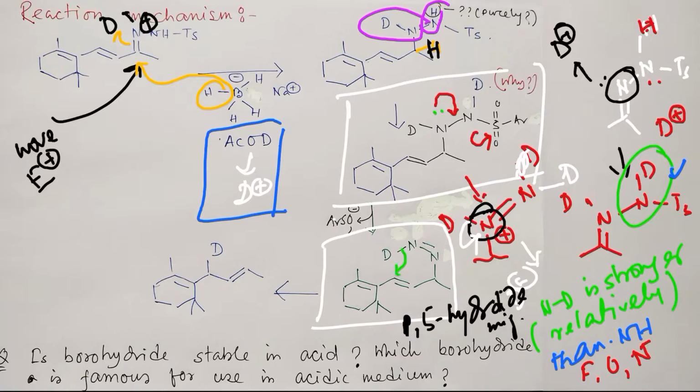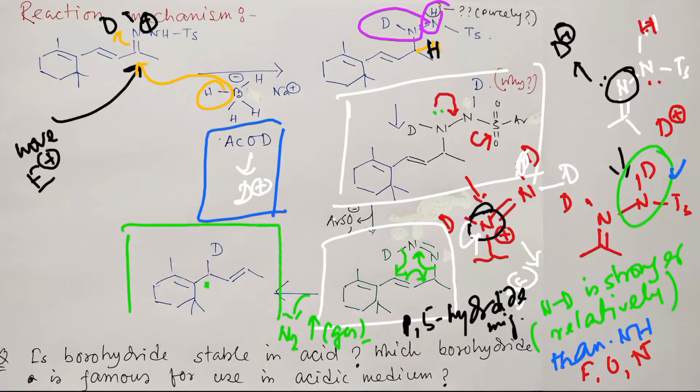This bond will come here, this double bond will come here, and these will come here. So it will produce a nitrogen triple bond, that is nothing but a nitrogen molecule, which is a gas and a very stable molecule. So it will come out from the reaction medium, and where the deuterium is attached, this carbon, and ultimately this is